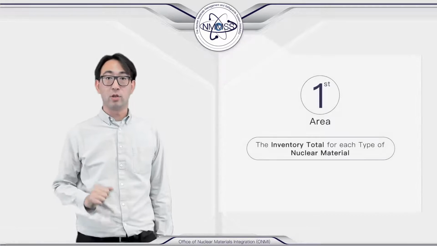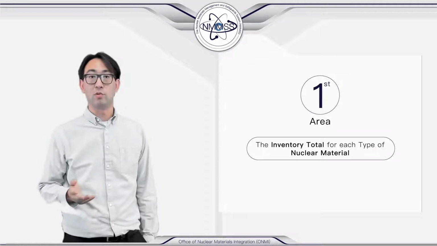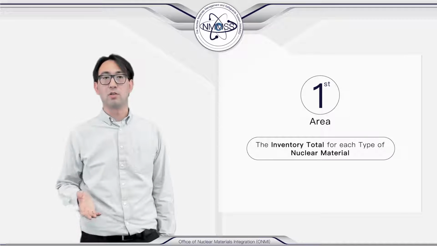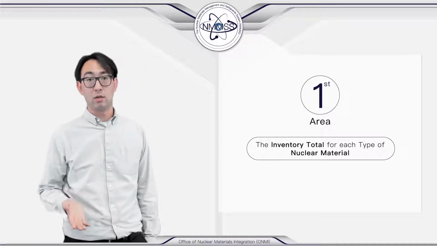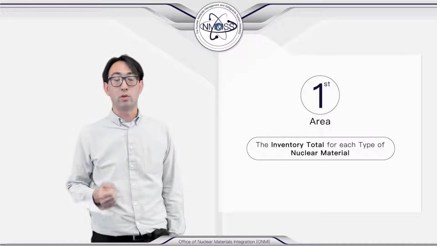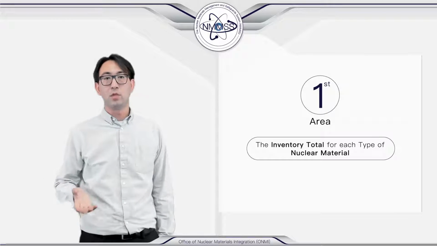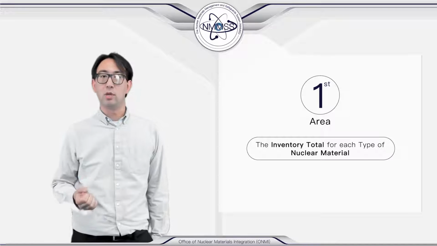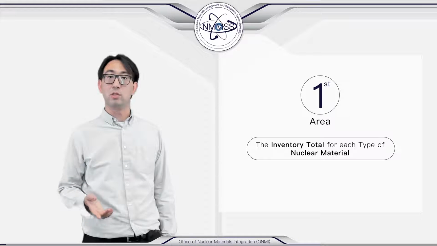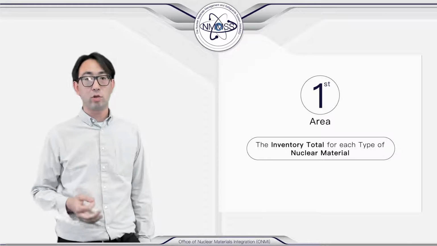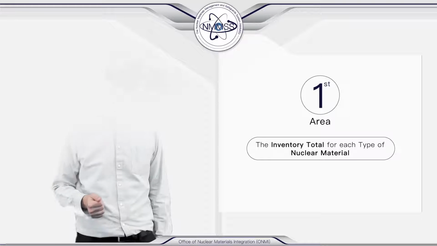There are two critical areas for physical inventory data with regards to transactions. The first area is the inventory total for each type of nuclear material. This information is identified with the composition code of 899. For each type of nuclear material, the total line, the 899 line, must equal the combination of the DOE-owned and non-DOE-owned ending balances in the material balance. This is another critical validation point for NMMS reconciliation.